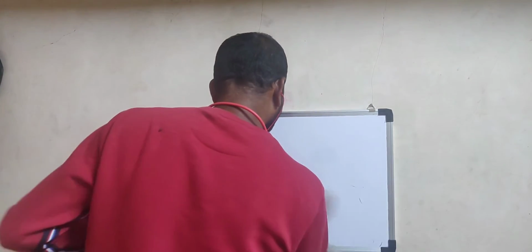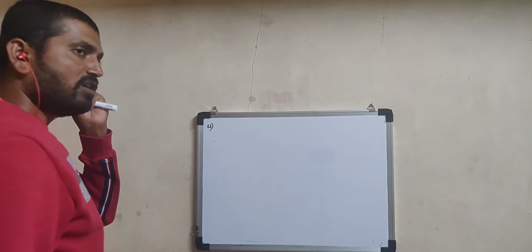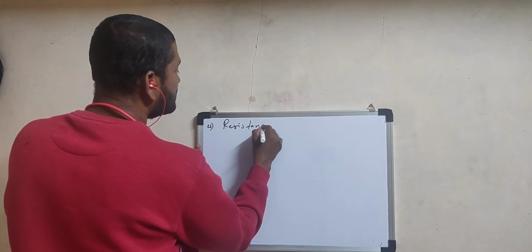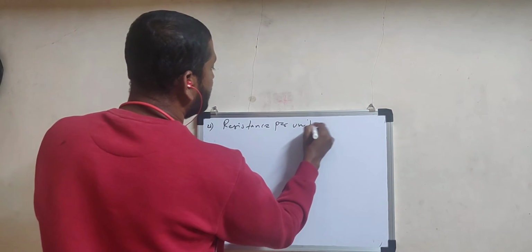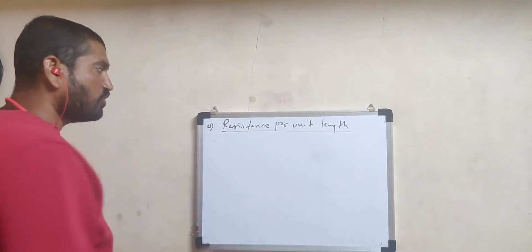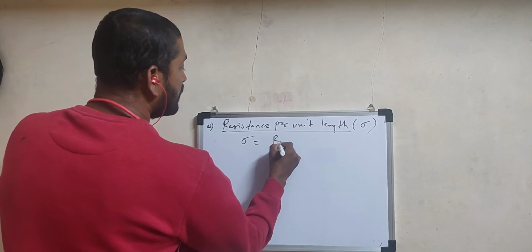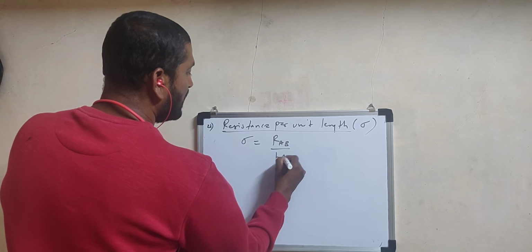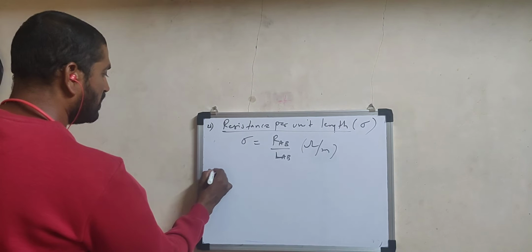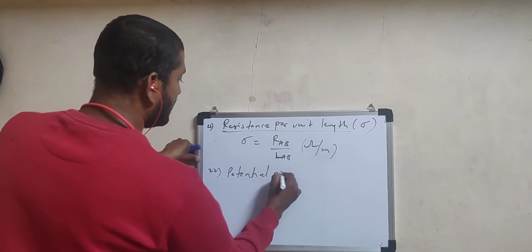Now here, the next part is nothing but the potentiometer circuit. In potentiometer, formula number 21, some of the important formulae. Number first, resistance per unit length. Generally, it is used for a uniform wire. This is applicable for meter bridge as well as potentiometer. Resistance per unit length is generally denoted with sigma and is defined as total resistance of the given wire divided by total length, RAB upon LAB. SI unit is ohm per meter. Very important. Next one is nothing but potential gradient.